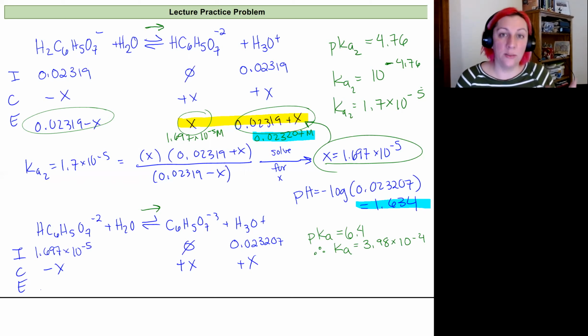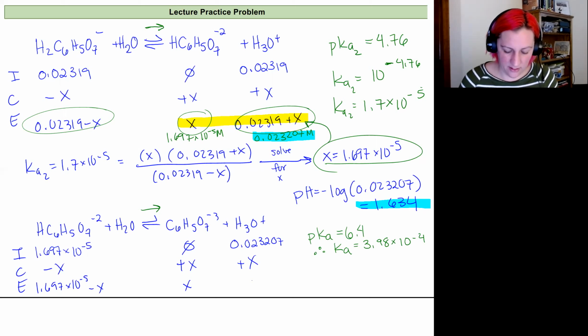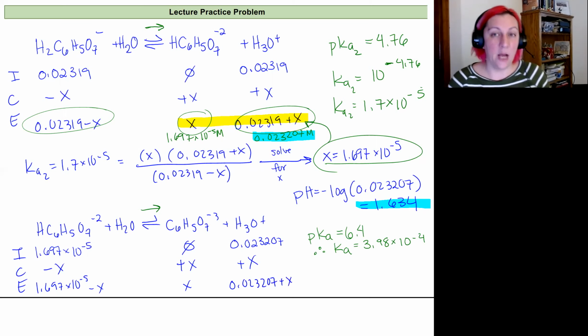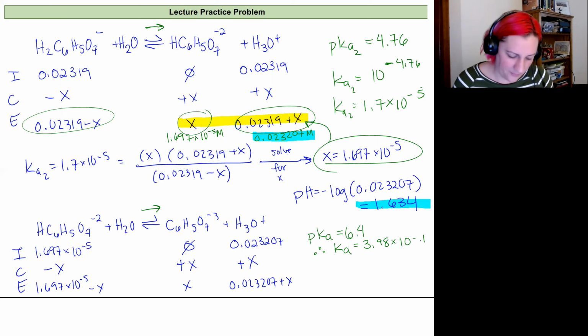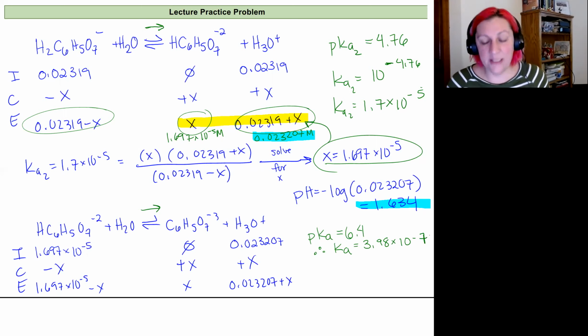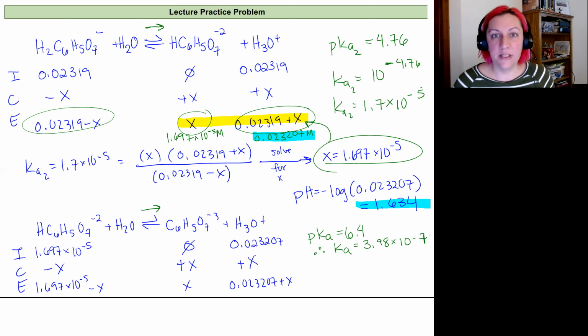And so we'll have equilibrium concentrations that are equal to 1.697 times 10 to the negative fifth minus X, we'll have X, and we'll have 0.023207 plus X. Now my pKa for this is 6.4, which is going to be equal to a Ka of 3.98 times 10 to the negative 7. So pretty small. If you go through and solve this one as well, and again, solutions will be online